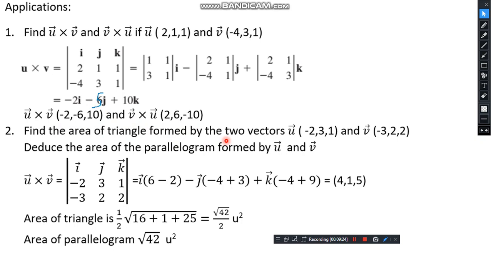Find the area of the triangle formed by the two vectors here. So we do u cross v. So i j k, minus 2, 3, 1, and minus 3, 2, 2. For i, cancel the row and column, it will be 6 minus 2. Minus j, cancel the row and column, minus 4 plus 3. And k, cancel the row and column, minus 4 plus 9. So it will be 4, 1, 5. So the area of the parallelogram will be the square root of 16 plus 1 plus 25, which is square root 42. And the area of the triangle is half the area of the parallelogram, so it will be square root 42 over 2 unit